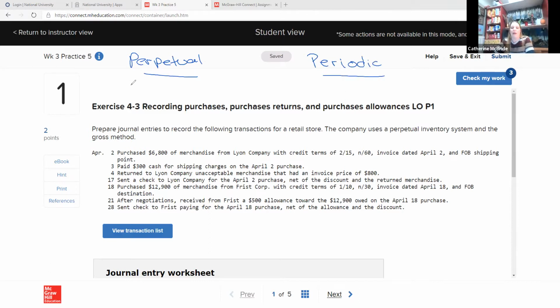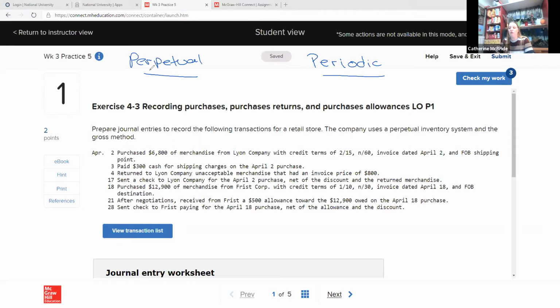With the perpetual method, you have to have barcodes. And the accounts that we use to record inventory are much more intuitive than they are with the periodic method. In addition, with the perpetual method, you're always going to understand what your cost of goods sold is. So when we do the sales transaction, we're going to record the sales transaction the way we've always recorded it, and we're also going to reduce inventory and record cost of goods sold.